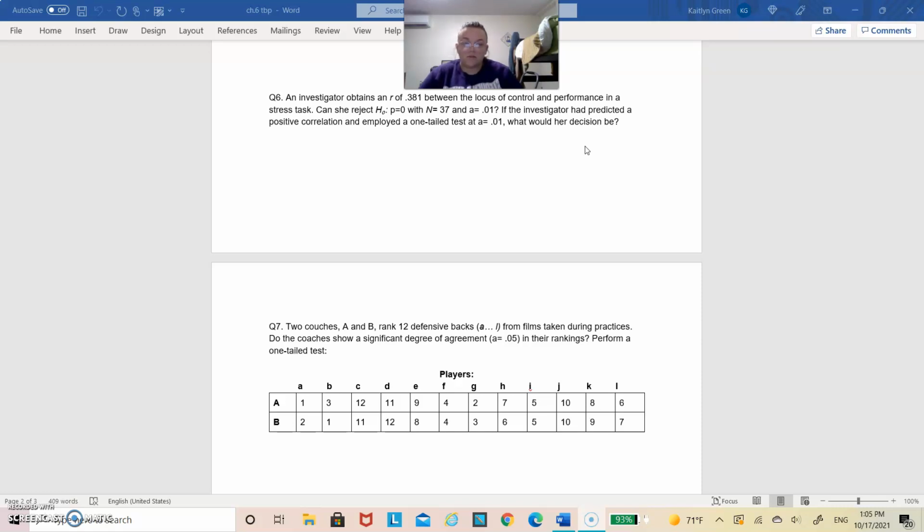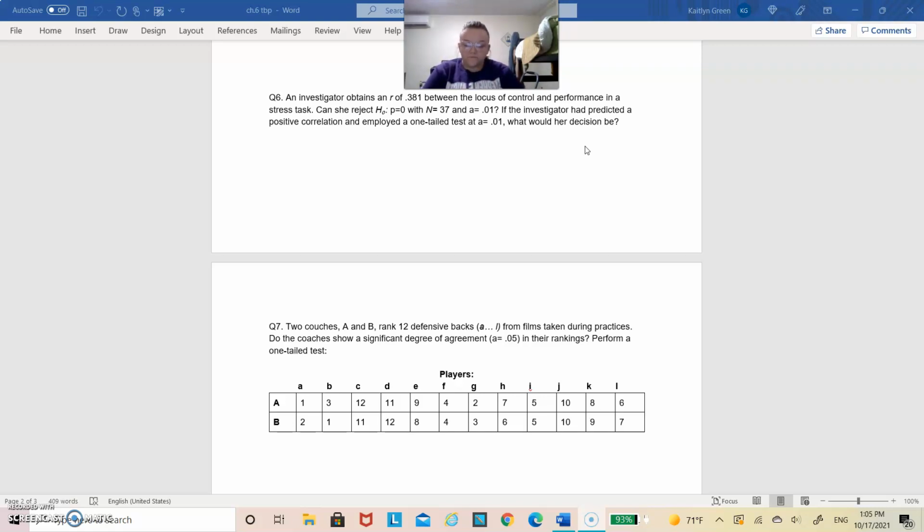And then we go on to the second part. If the investigator had predicted a positive correlation and employed just a one-tailed test at alpha equals 0.01, what would her decision be? This is a slightly different problem just because she's employing a one-tailed test and she's predicting a positive correlation, which means that the null hypothesis is going to be rho is less than or equal to 0, and H1 is going to be rho is greater than 0. Our alpha is still the same at 0.01,